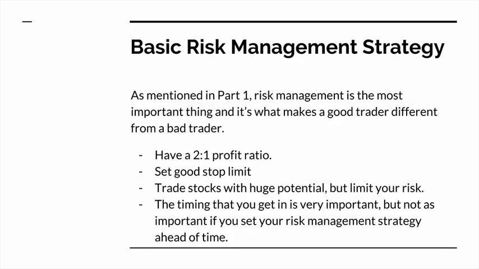So one of the best ways to have a basic risk management strategy is to set a stop loss, like a stop limit, stop loss, when you're buying into a stock. So that's the first thing you should do. So let's say you made a purchase order of a certain amount of shares at $3, like I mentioned for the example, then set your stop loss at 250. And if it drops below that, you don't let it go any lower. Set that stop loss ahead of time and make sure you get out early so you can manage your risk